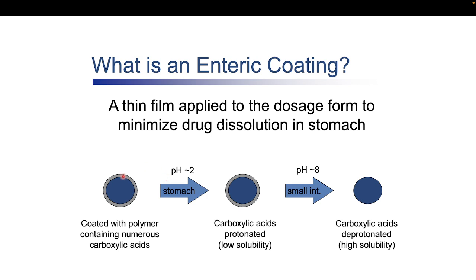So we just discussed this, right? So enteric coatings are made of polymers which have a lot of carboxylic acid. So once you deliver it orally, it will go to stomach, which has a very low pH of somewhere around 2. So at this pH, all your carboxylic acids will be protonated. They will be COOH form, and hence they'll have low solubility. Once these particles go to small intestine, which will have a pH of around 8, all your carboxylic acids will be deprotonated, and this will allow it to be soluble in the water, and that's how the drug gets released